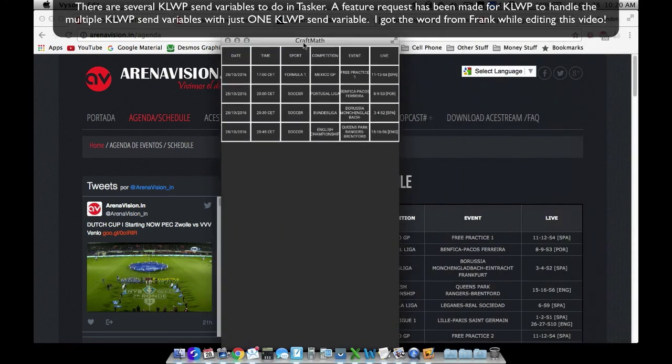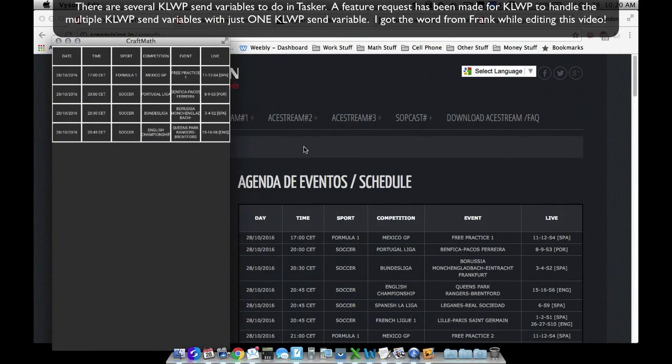And there you have it. That's how you can take a crazy source code, look for patterns, do some regex, let Tasker handle it, and send it on over to KLWP